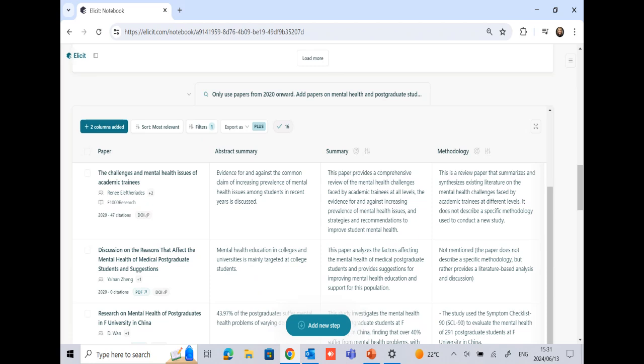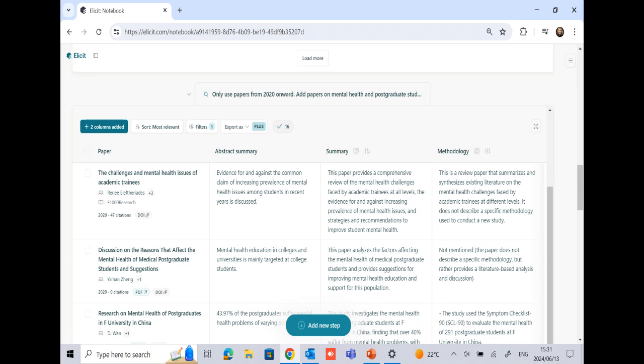So initially, Elicit will give you an abstract summary, and it would give you that information. Now, on the side panel of Elicit, you can add things that you would like Elicit to do for you. So I, for instance, asked for a summary of the paper, and I asked for the methodology.